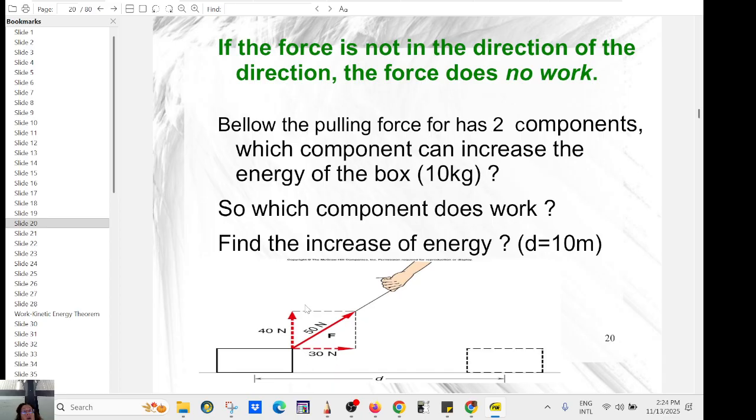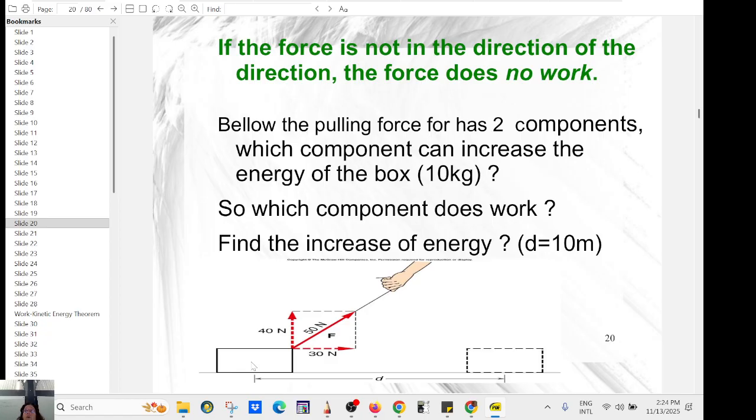And the Y component is pulling up. So the Y component is teaming up with the normal force to balance out the weight. Okay, so because if you pull up, it doesn't push as hard on the ground, so the normal force will be less. So if you want to know what's going to be the work done by you on the block,